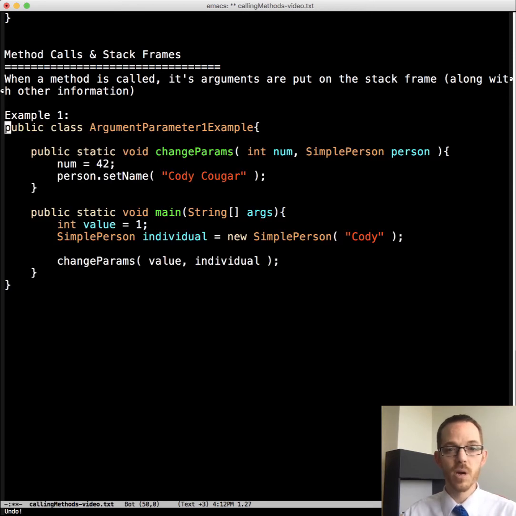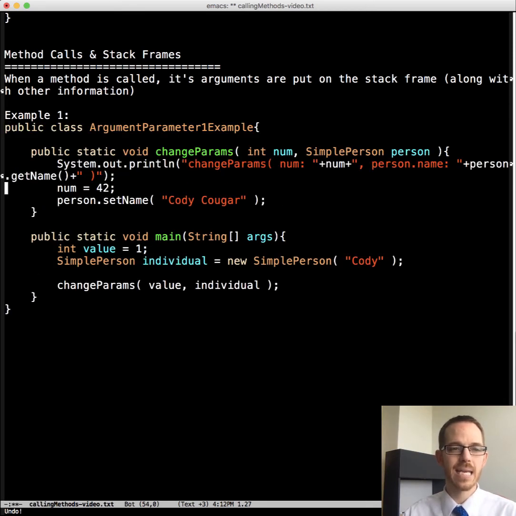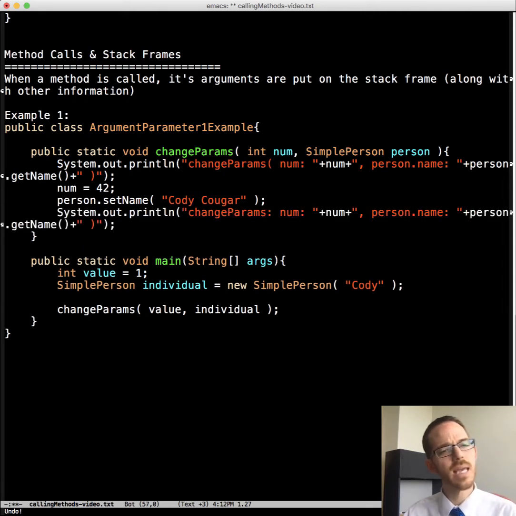Let's take what we've been working with before and add in some print statements so that we can really see what's going on. First, let's put in a print line statement here that shows the parameters and their values right after it's called, and then let's do it at the end of the method too.